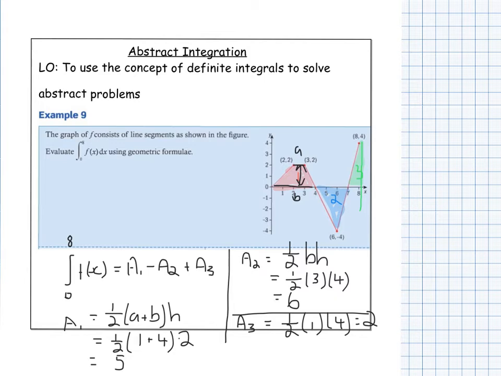And as we said earlier, to find the integral between 0 and 8, we need to add area 1 and area 3 because they're above the line, they're positive, and subtract area 2. So I'm just going to finish that off over here. The integral, in fact, let's add a different colour. I'm just going to put it in here, save me using more space. Area 1 is going to be 5. Area 2 was 6. And area 3 is 2. So overall that gives me a final answer of